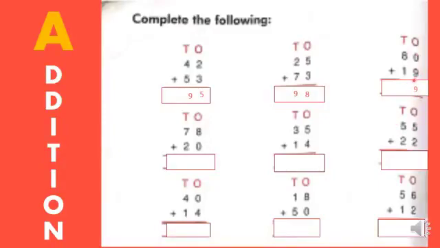See here, 0 plus 9 will get the 9 only because there is no value for 0. Did you understand, children? Next we'll go to the next digits, tens place digits. Now we have to add these numbers. Which number is the greater number, children? 8. So you should keep 8 in your mind, 1 in your hand.